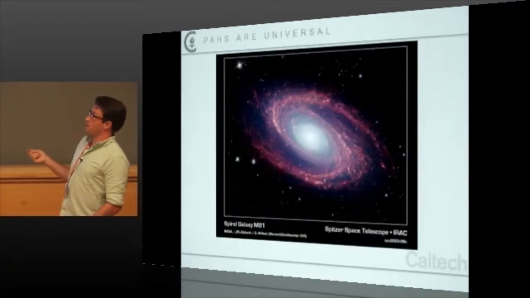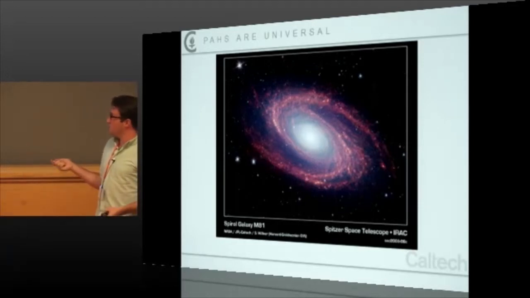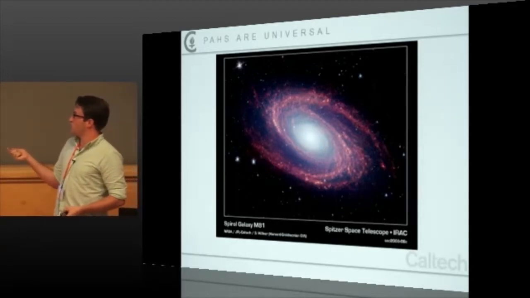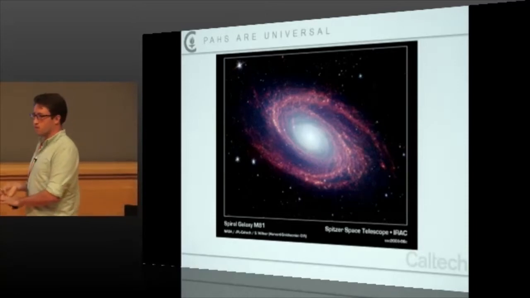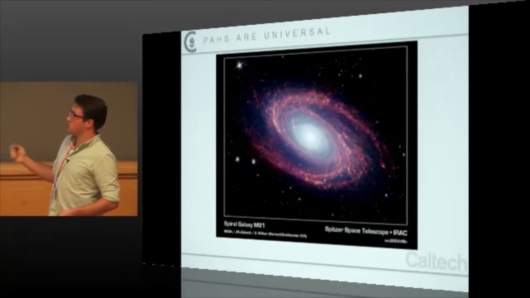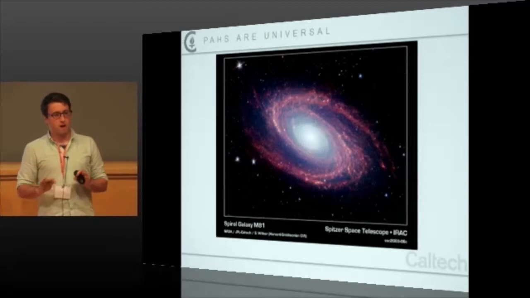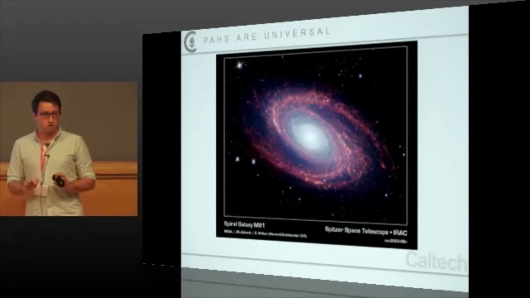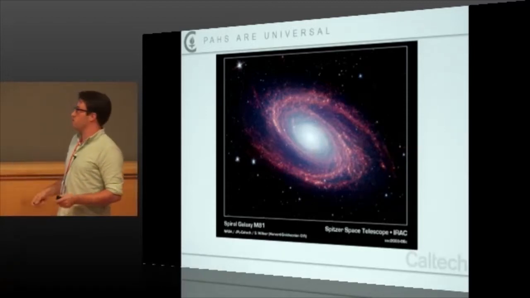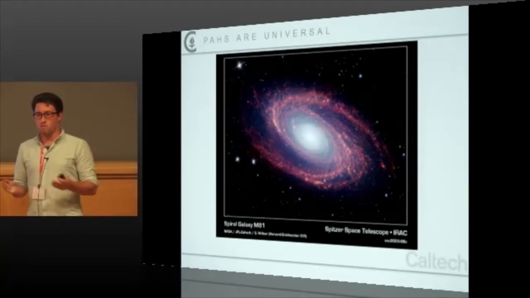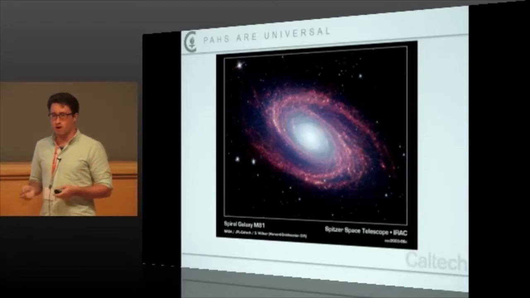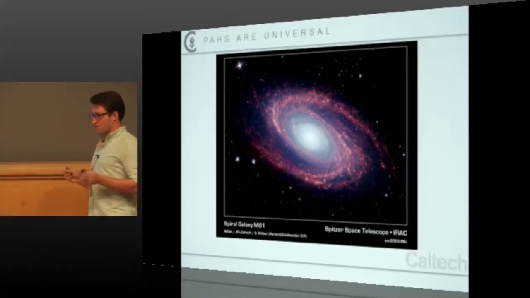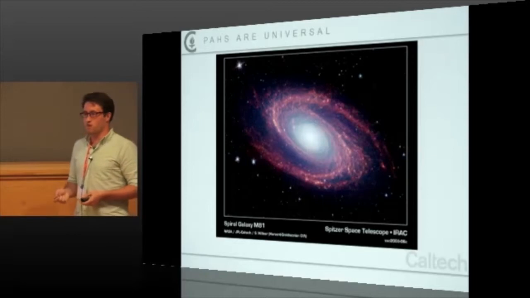But it's not just a neat problem, it's a big problem. If you look at M81, this is a Hubble image with a Spitzer map overlaid on top of it. And the red emission here is all PAHs. So if you work through the math, if the UIRs really are coming from PAHs, something like 20% of all the carbon, and for the biologists, it's reduced carbon, 20% of all the carbon in the universe has to be tied up in whatever is emitting these UIRs. Not just that, something like 10% of all the power emitted by our galaxy is mediated through these things. So it's not just a cool little problem, it's actually a really big and interesting problem in astronomy.